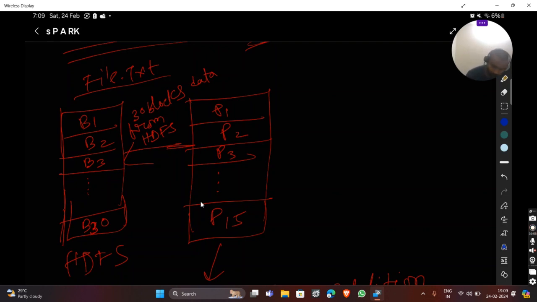Now what will happen? Now these tasks will come to the executor. To execute those tasks, the executor will execute this task. This partition. We have a partition now. Now the job came to the client. The client submitted the job,